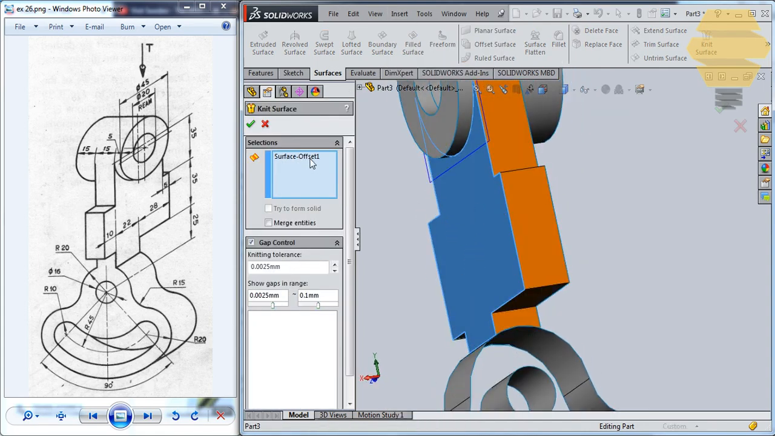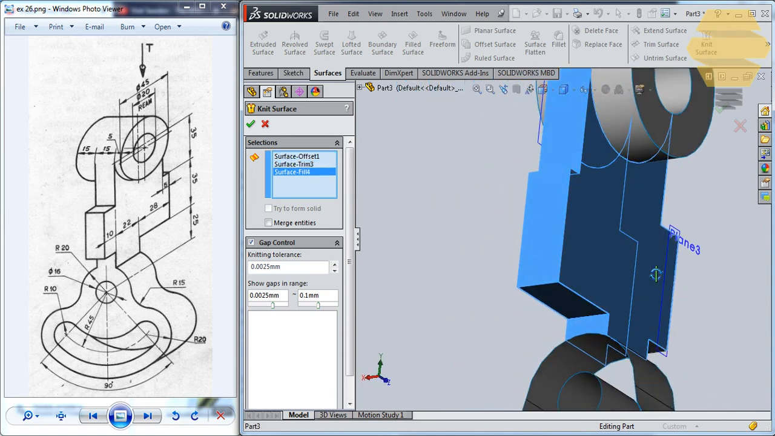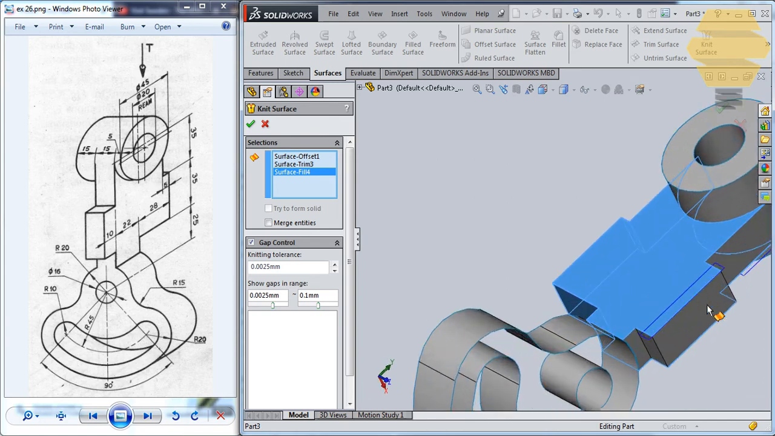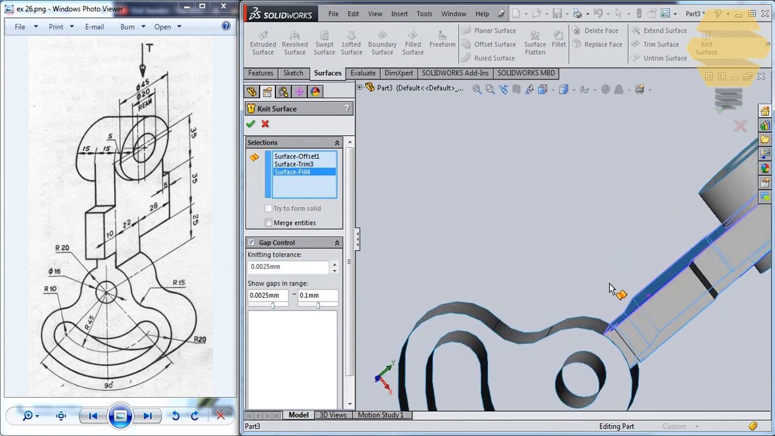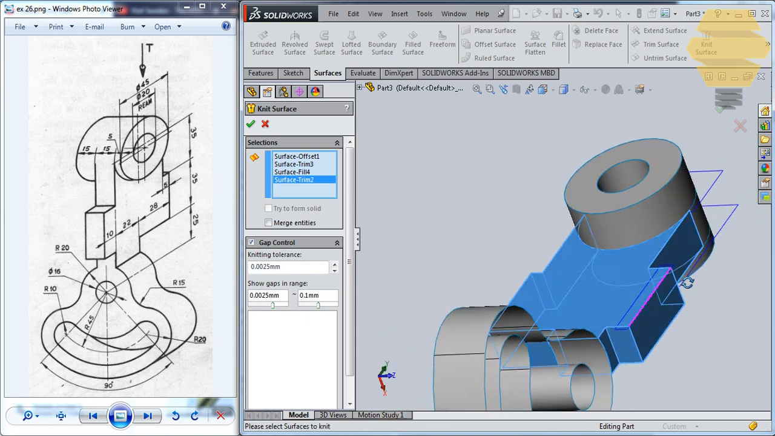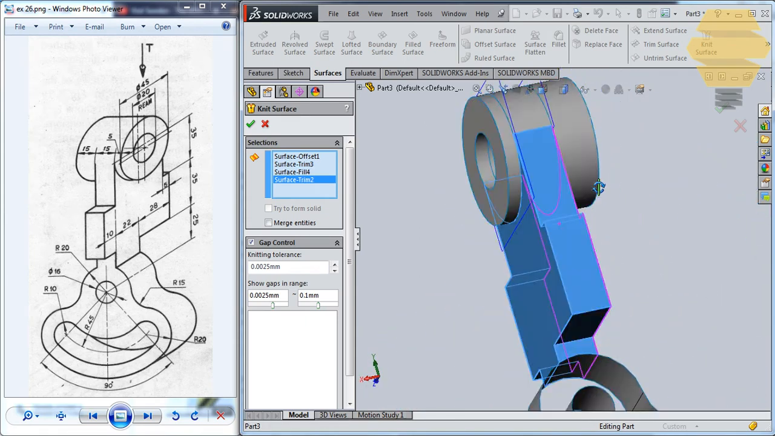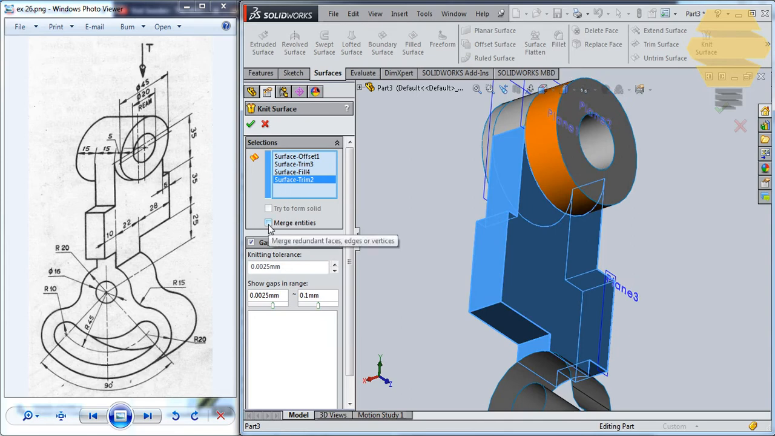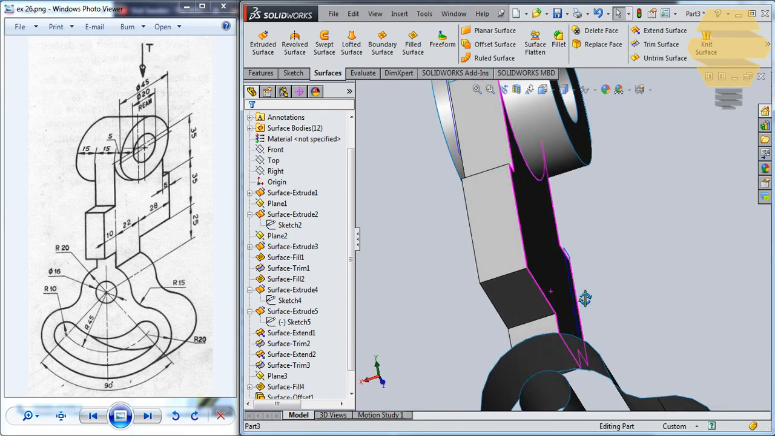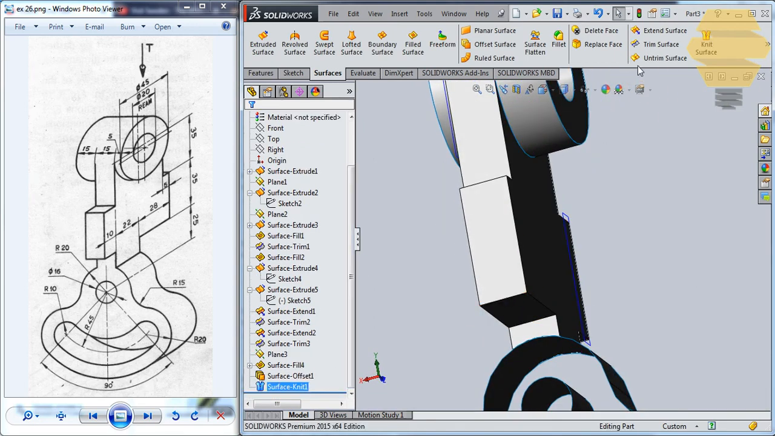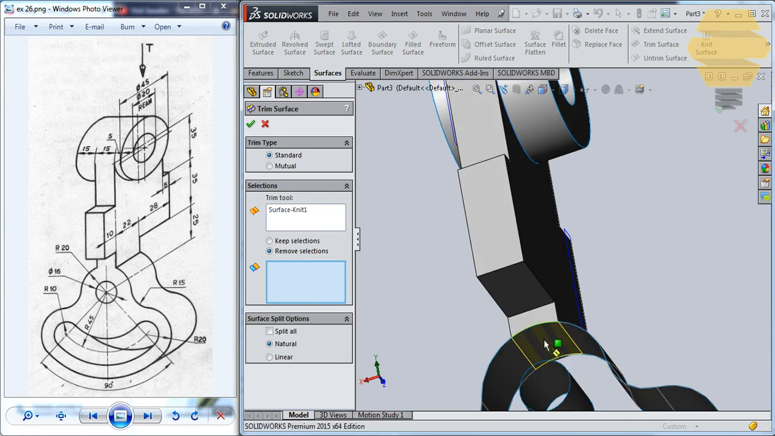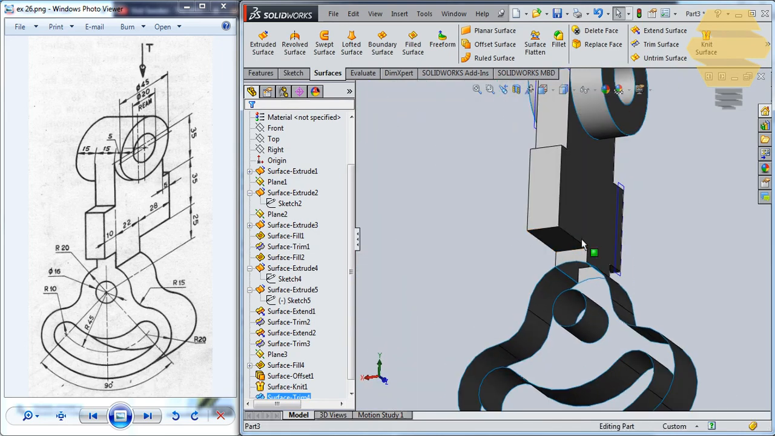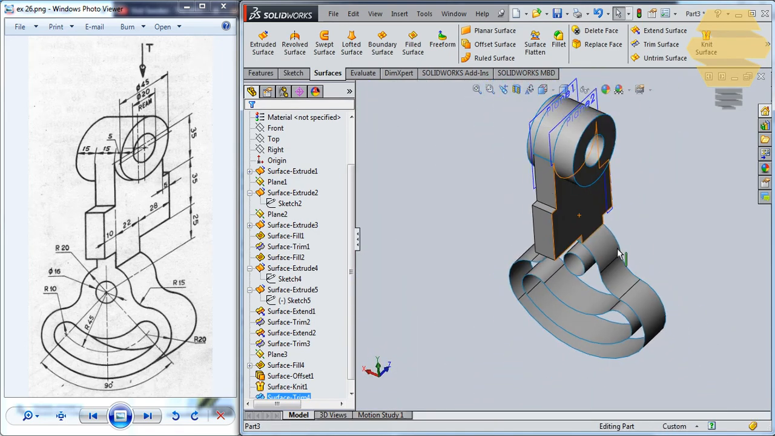Like this is this, and this, and this, and this. So you have like 4 surfaces from 4 sides knitted. Merge entities. No, don't merge. Now we have that knit, right? Select that surface knit, go for trim, select this and remove selection, so that we have that portion open now, right? Now finally